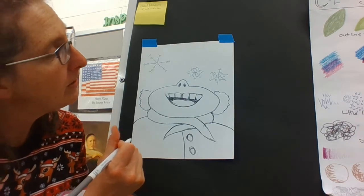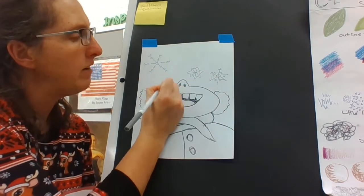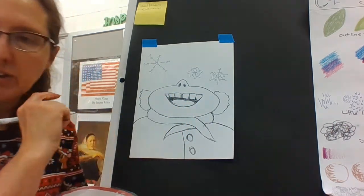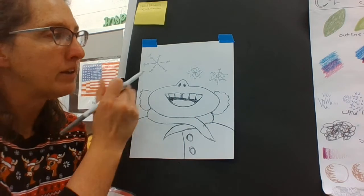What else can I do for another one? I want to get all of my snowflakes. Now, some of my snowflakes might get down here and come close to my face. I could even draw a snowflake on my tongue. I could also make a very tiny snowflake out of paper, and when I'm done coloring, I can glue the